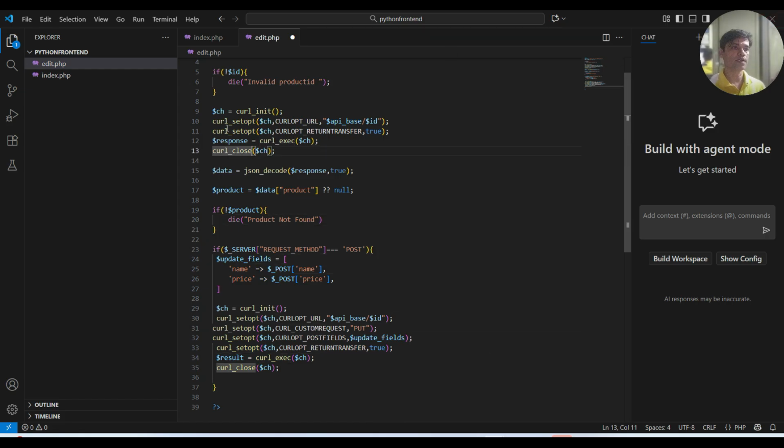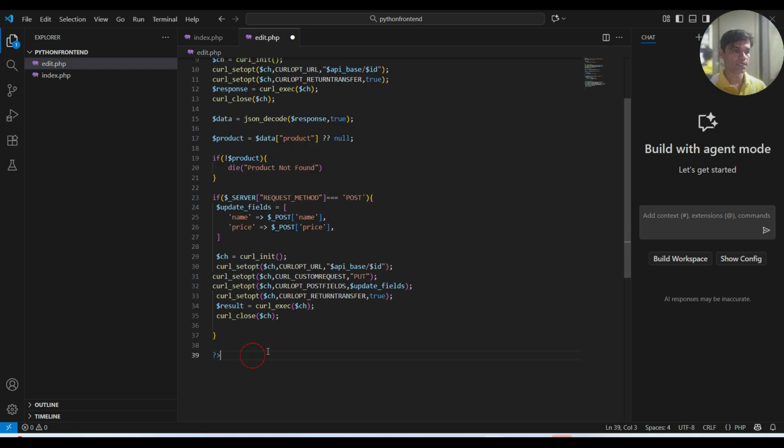So one curl request over here is for fetching the data, and the second curl request is for posting the updated data. So check the method as post, we create the array, we set 4 options, and we execute using this. Now the second part is we have to create the form over here. For that we have to go below this PHP section, and what we do is just say